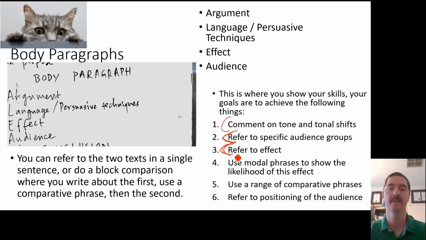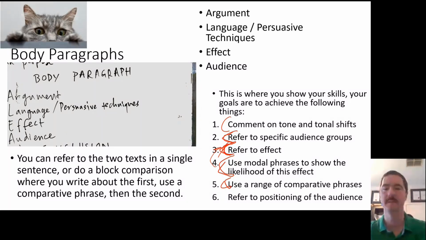And you definitely want to talk about effect, but you want to do it subtly. You don't want to be so overt that it sounds like a rhetorical question forces everyone to stand up in their seat and answer it. Modal verbs is how you do that. So you say perhaps, likely, considers, possibly, suggests, indicates, those not confident verbs, that suggest it perhaps could be the case. Comparatives, not that important, but you want to be connecting up your arguments if you're putting them side by side,